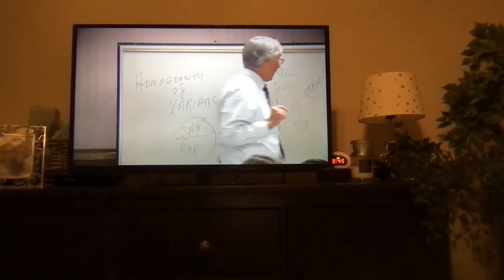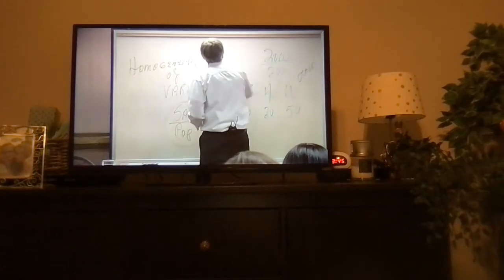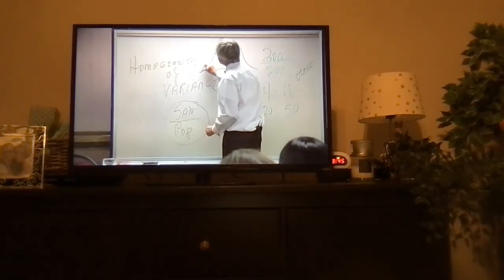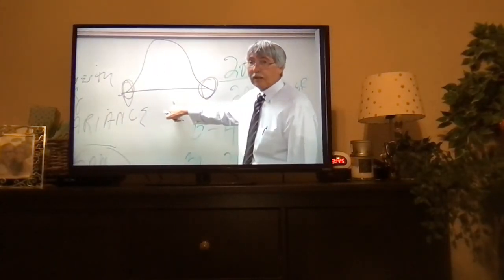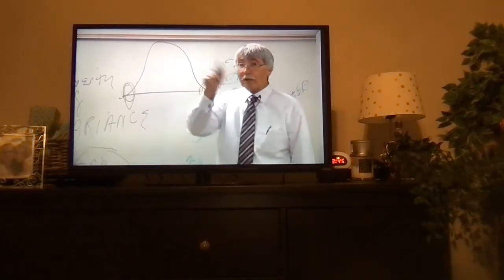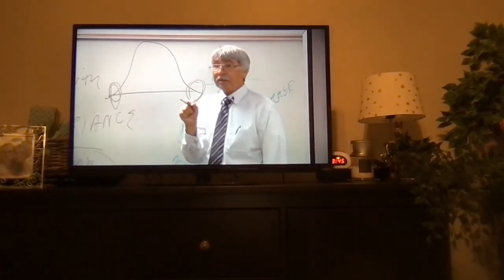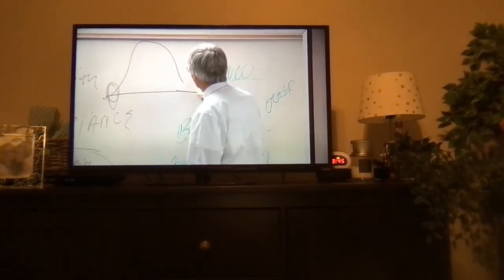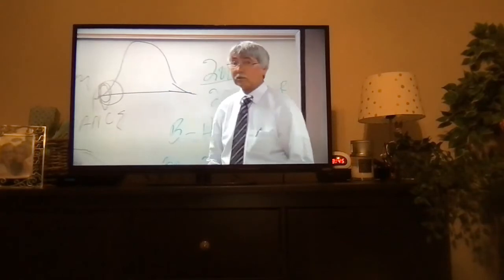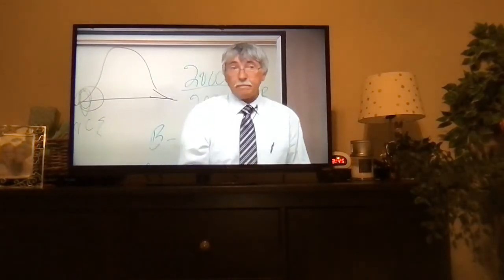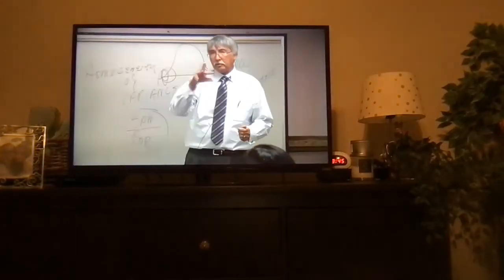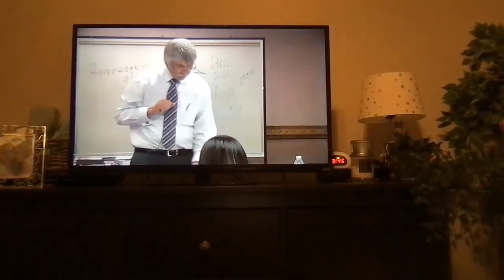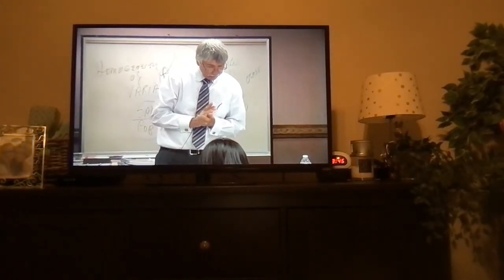What happens when you do that? It's not irrelevant whether girls are higher than boys or boys higher than girls. This is a two-tailed test. A null hypothesis is two-tailed. But if I say a directional hypothesis, girls will have a higher GPA than boys, I've ruled out boys being higher than girls. It becomes a one-tailed test, and I need a bigger difference in my data to be statistically significant. So that's the difference between null and directional, okay? Whether you needed or wanted that or not, that's where it is.